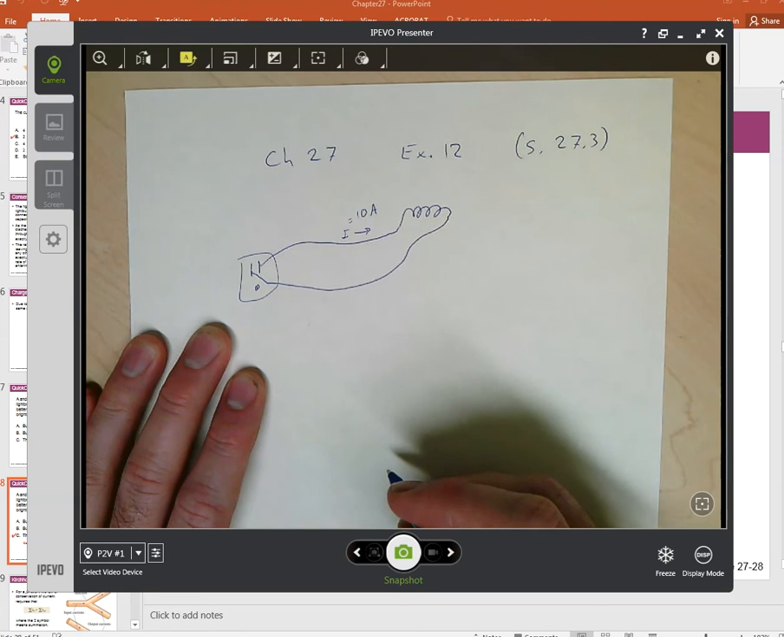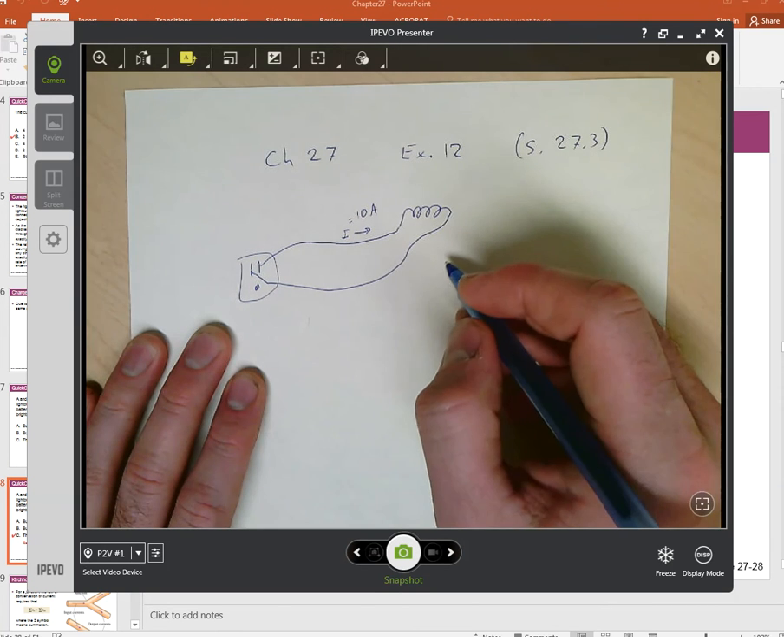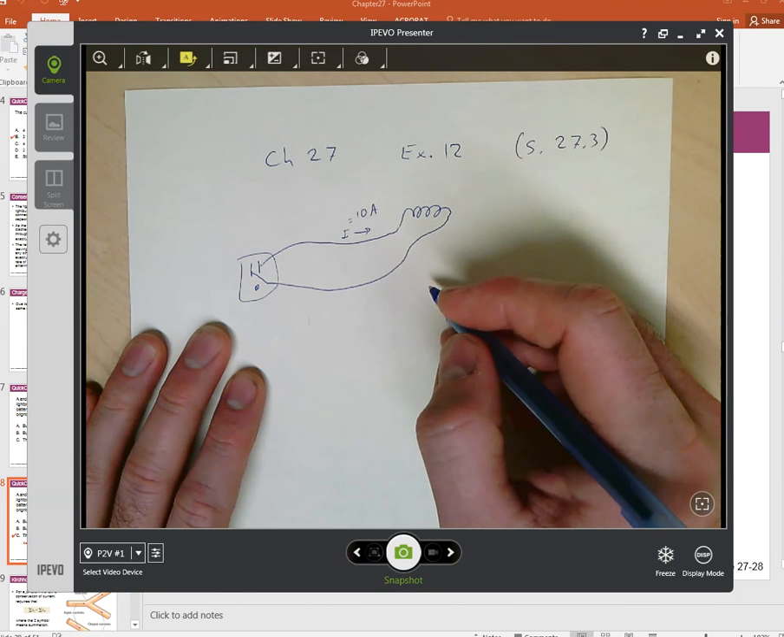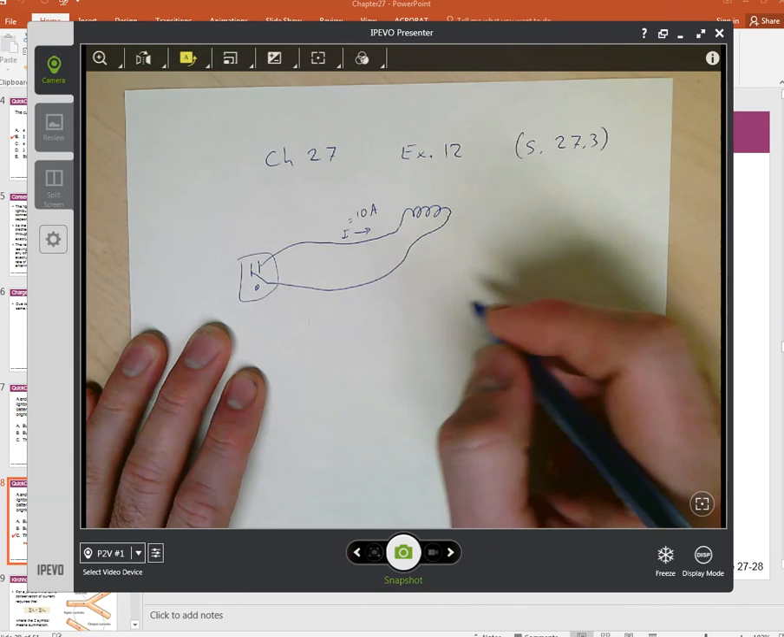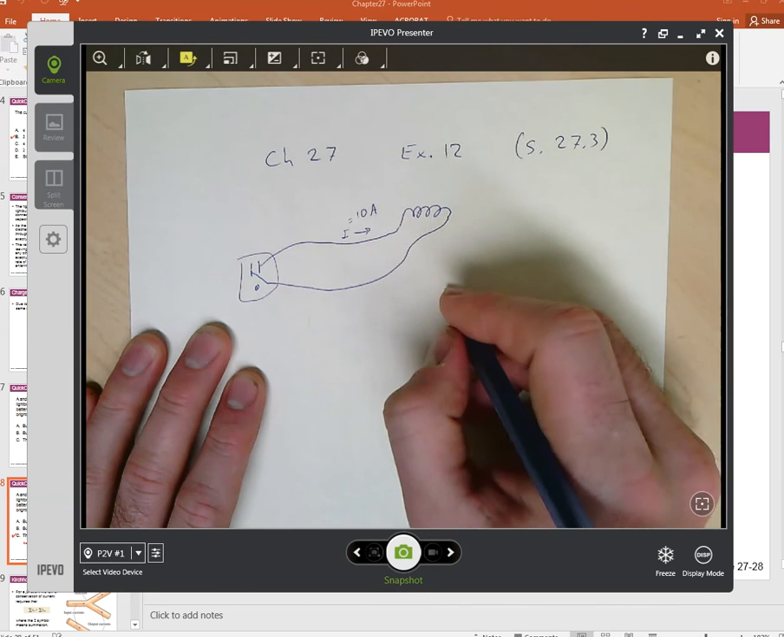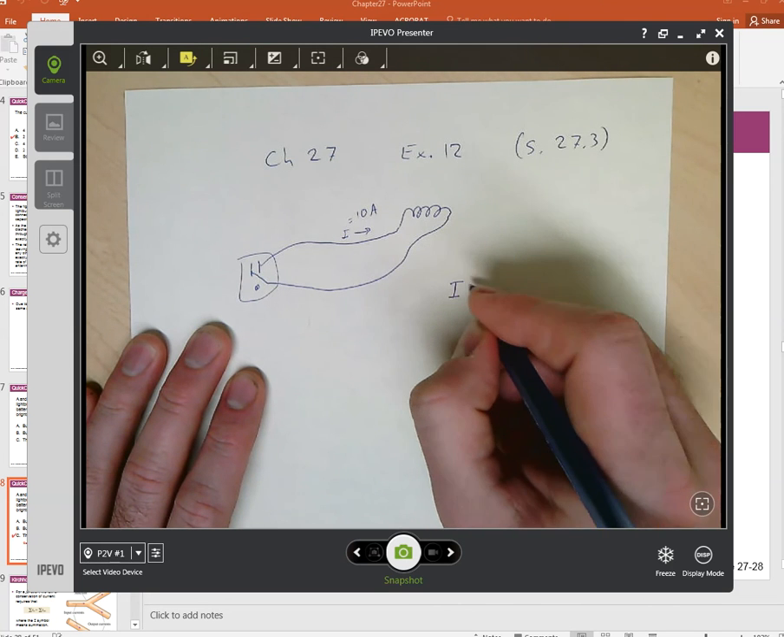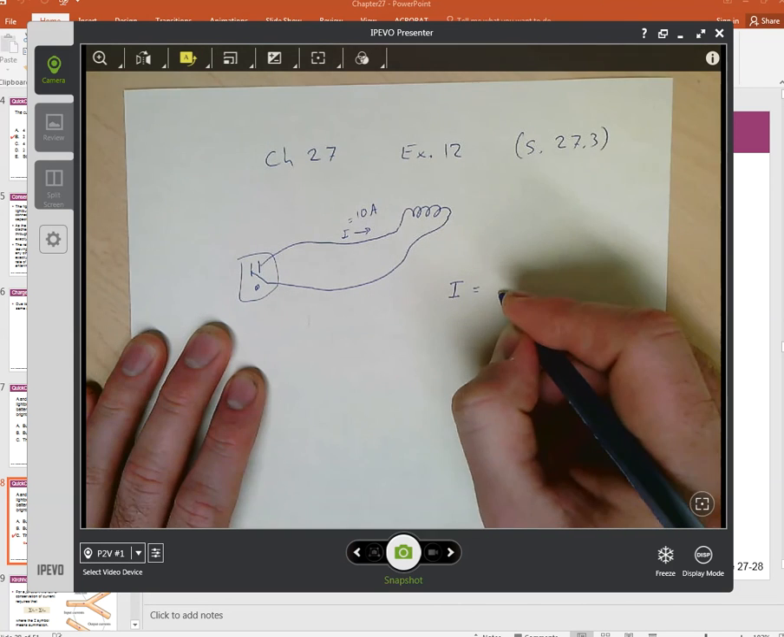And I'm not concerned with the details of this wire, in other words, how thick it is or anything like that. I just want to know how many electrons flow through the hairdryer in 5 minutes. So, let's see what our definitions are. Our current is equal to